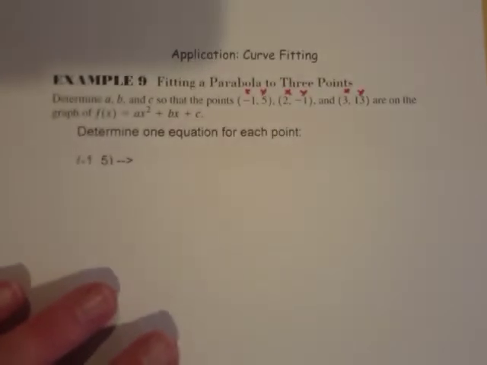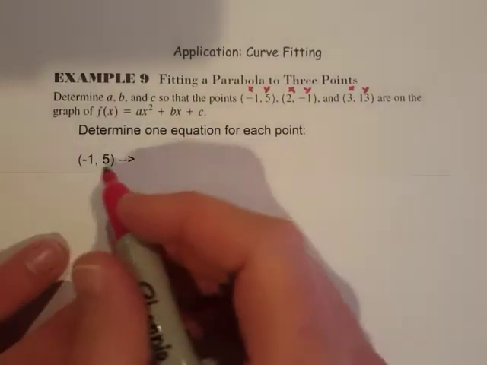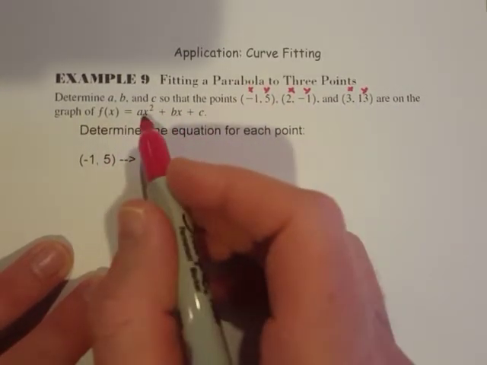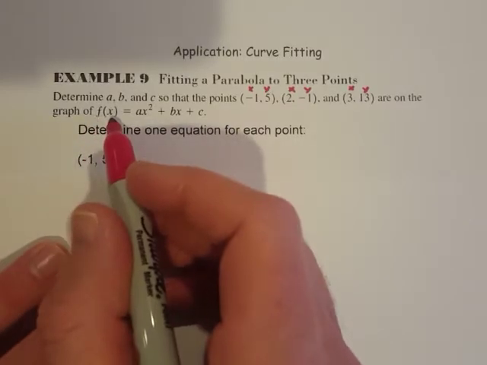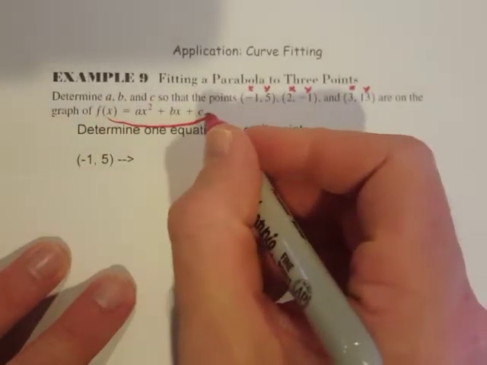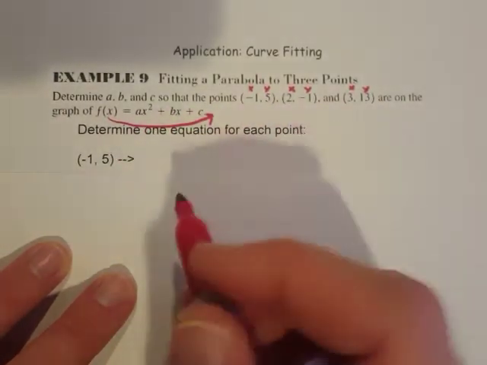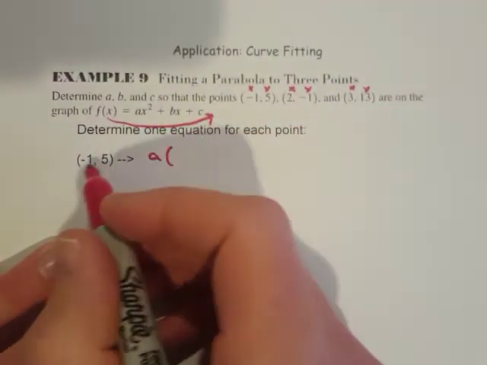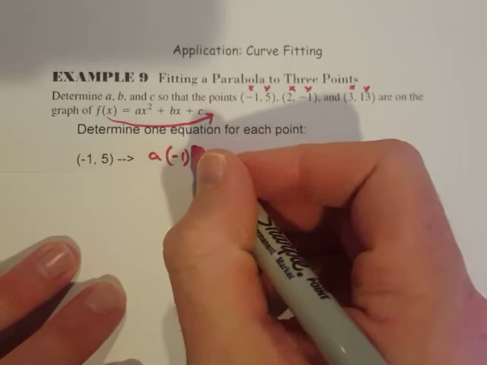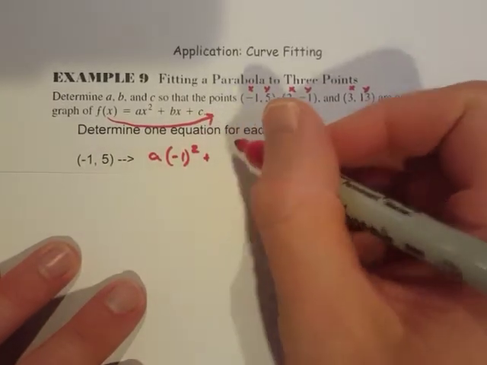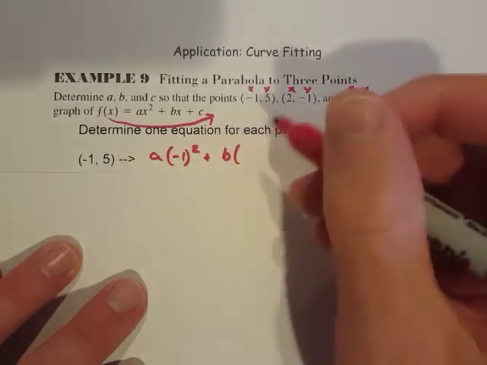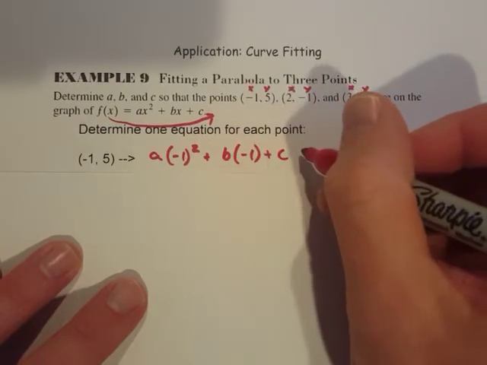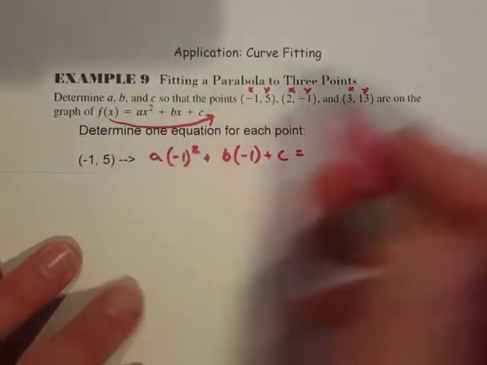So I'm going to start with negative 1, 5. So negative 1, 5, x, y, we're going to just plug that into what we see right here. Now keep in mind that f of x is y. I'm going to put that on the other side just to make the equation look like the ones that we've been using. But we're going to have a times negative 1, since that's the x, squared, plus b times negative 1, x again, plus c, and then we're going to make that equal to y, which in this case is